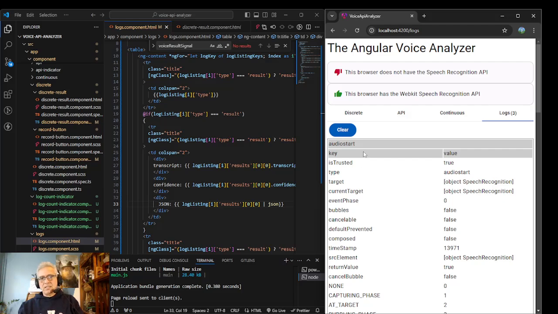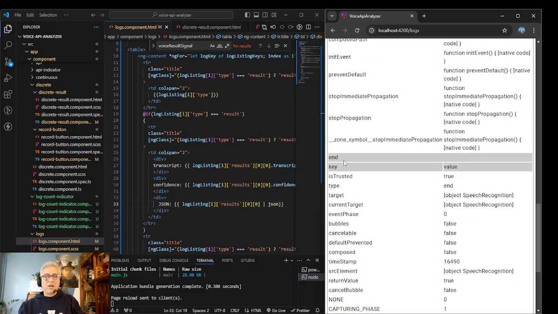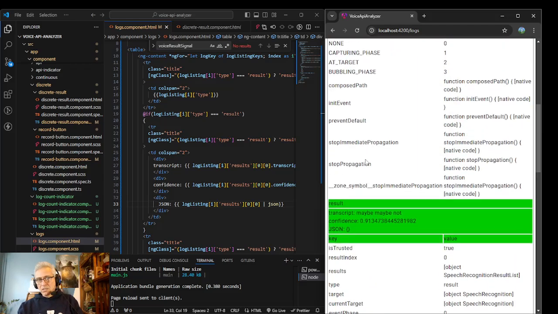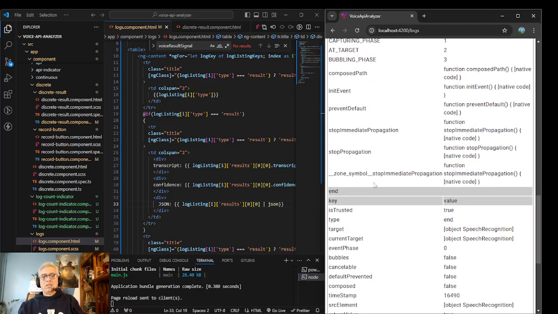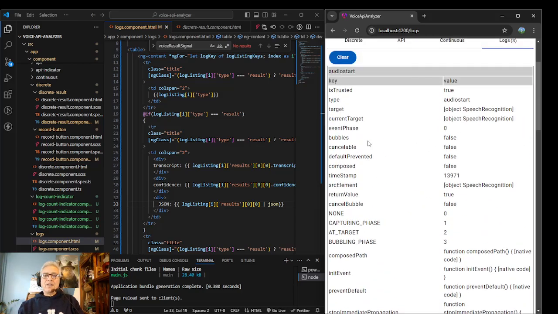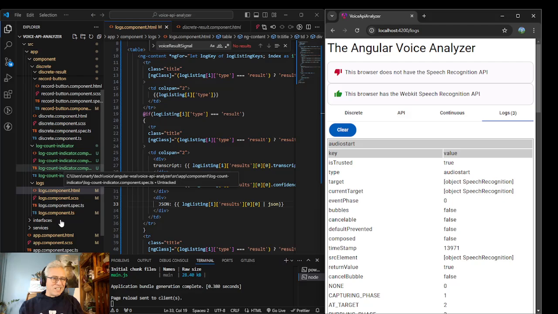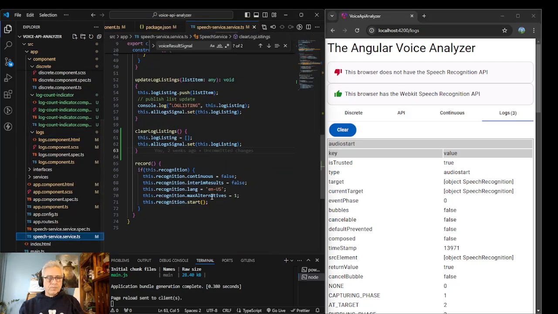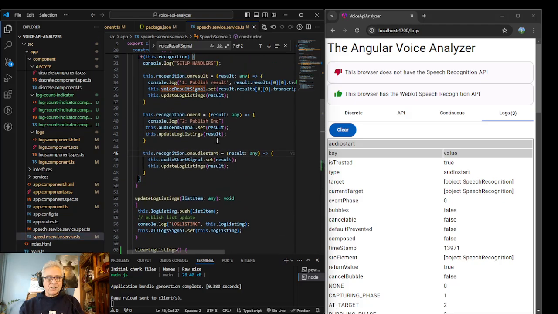because there's like 8. There's audio start, result, audio end, and then end. I think there's a start, not an audio start, but just a general start. I think there's an audio end. I think there's a bunch of others. There's like 7 or 8 events that I can capture. It's pretty easy to capture them. I believe right now I have this, on audio start and on end and on result.